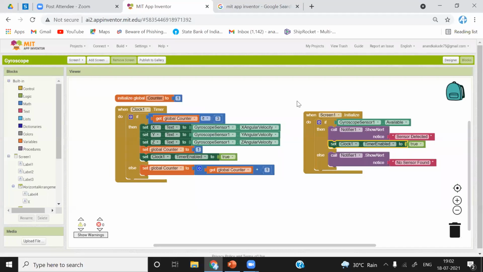Tomorrow, what we will do? We are going to integrate our MIT App Inventor app with Firebase. We are going to send and receive data from Firebase. And after that, we are going to receive data from a PIC microcontroller to ESP8266. From there, we are going to send the data to Firebase. From Firebase, we are going to receive data in our application, and in the reverse direction also. Suppose we want to control an LED using MIT App Inventor. Suppose there are LED on and LED off buttons in our application, and we want to control the ESP8266 from the application. So we will see that tomorrow in the session.